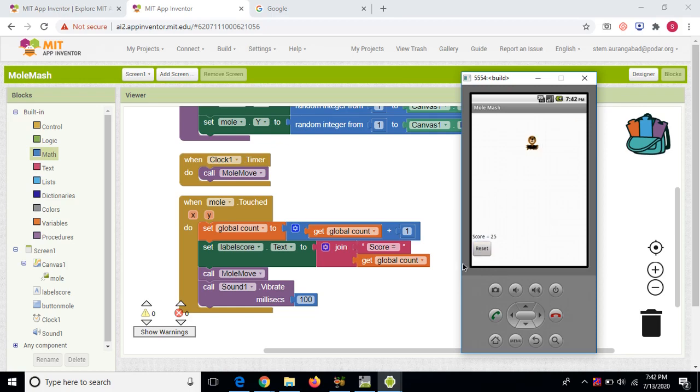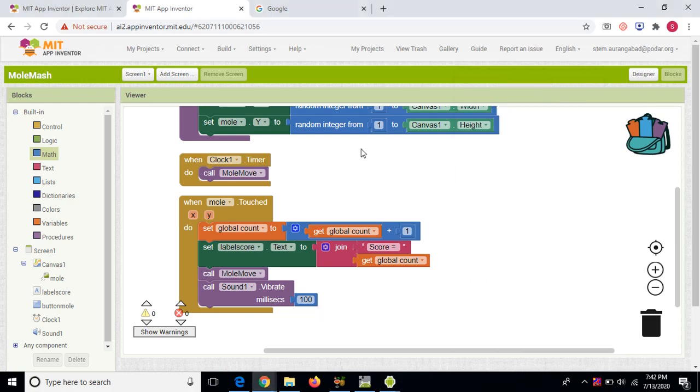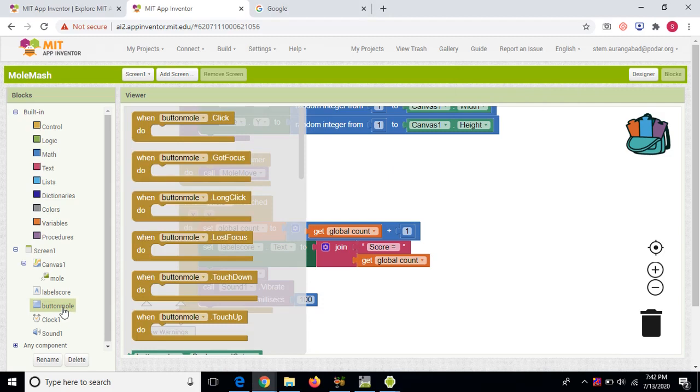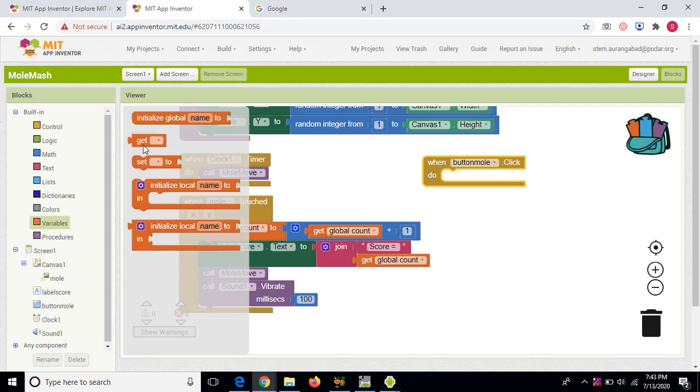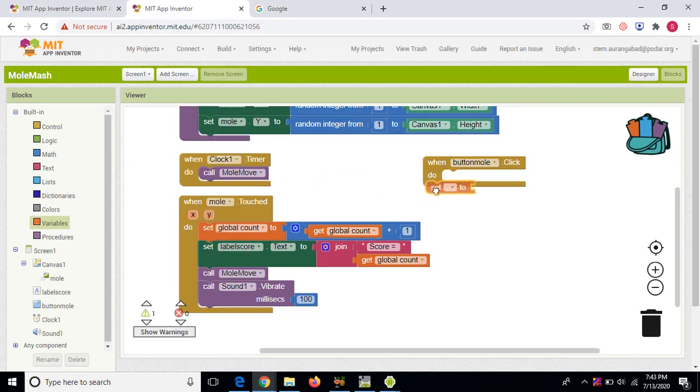To achieve this, go to button mole block. When button mole dot click, what you're supposed to do, set global count to 0 and display value of label to 0. Variable set global count to